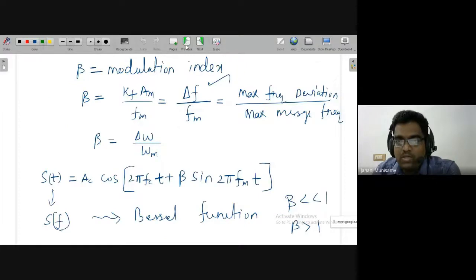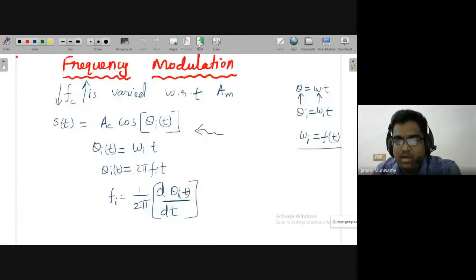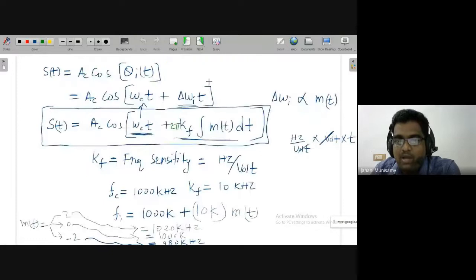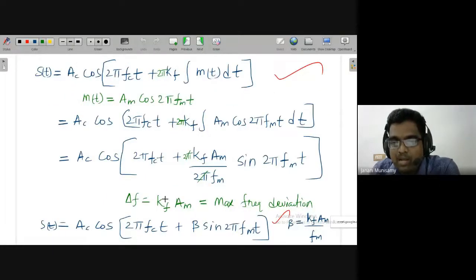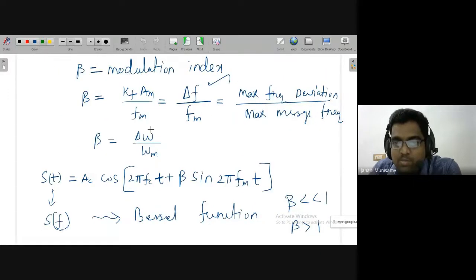So we started with the frequency modulation basics. Ultimately, by taking the message signal as AM cos 2 pi FMT, we got an expression for S of t, the modulated FM signal. Then we defined what beta is. If beta is much less than 1, that indicates narrowband FM, and it also resembles the characteristics of the AM system, both in terms of bandwidth and